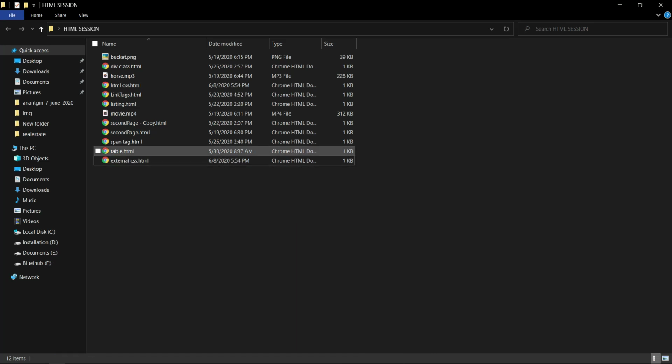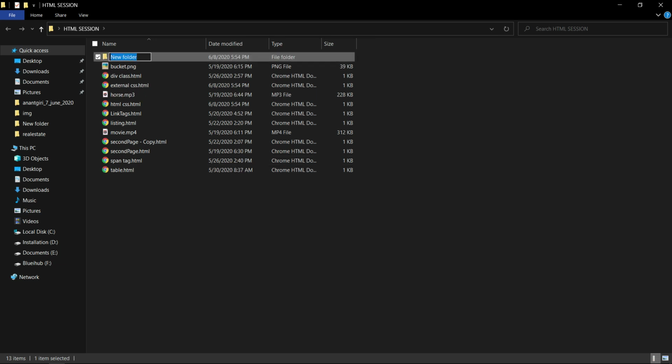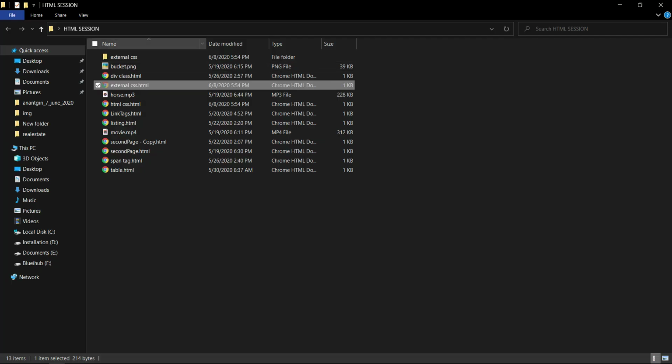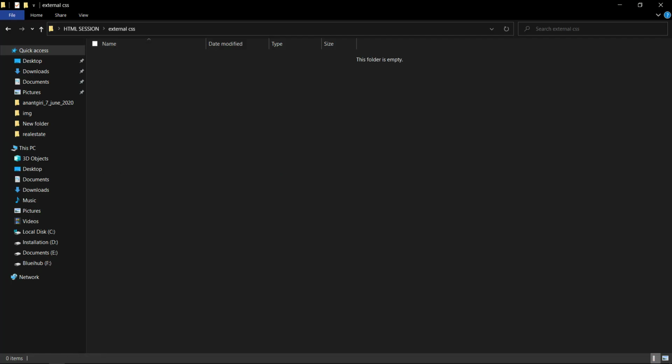Before jumping directly here, I would like to create a new folder here, external CSS. Let me cut this HTML file and paste it in this folder, so that it will be easy to understand for you guys that I'm keeping all this stuff in a separate folder.